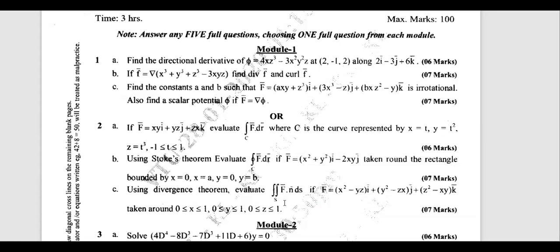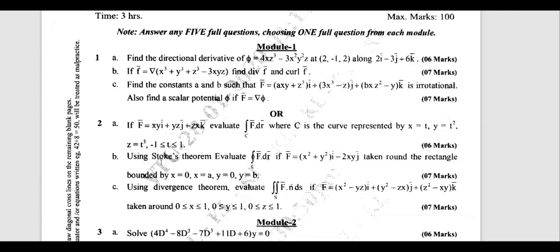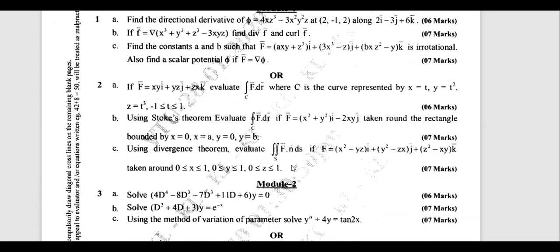Else, this is one of the simple examples, need not worry because this is divergence theorem. Just now we have recalled our divergence theorem. It converts to divergence of F. Find it. Limits are clearly given, as x, y, z are all varying from 0 to 1. You can easily evaluate. I'll tell you the answer. Answer for 2c, you will get it as 3. Just write it down. Try to simplify. It is simple because the limits are directly given.